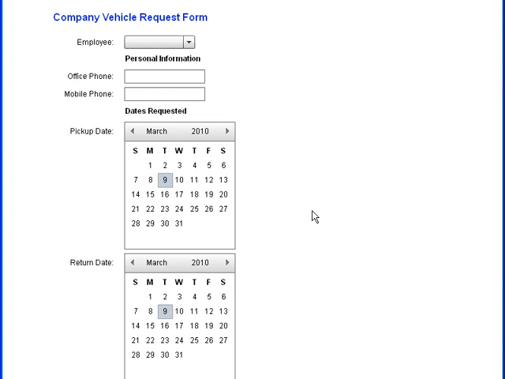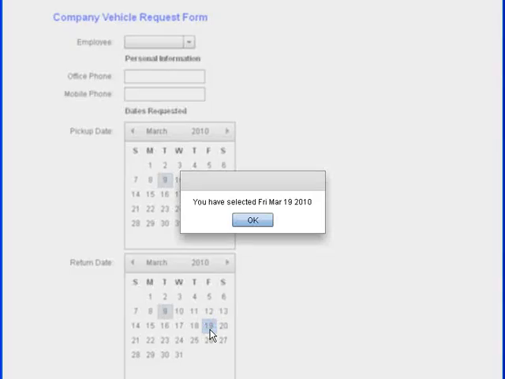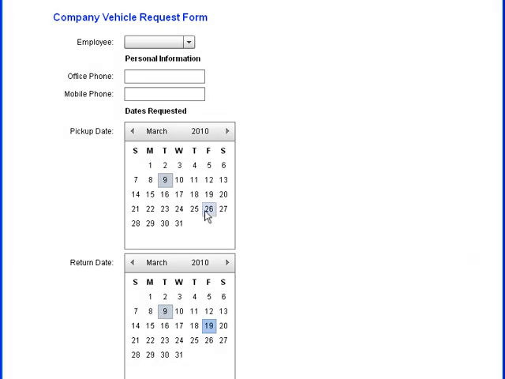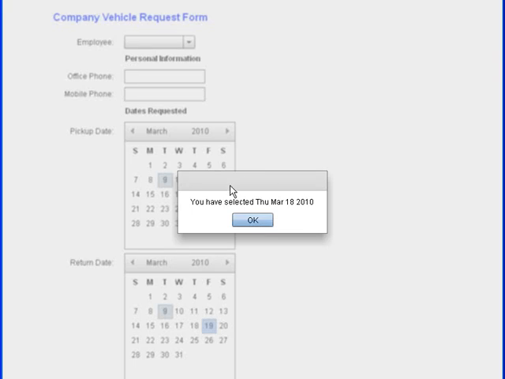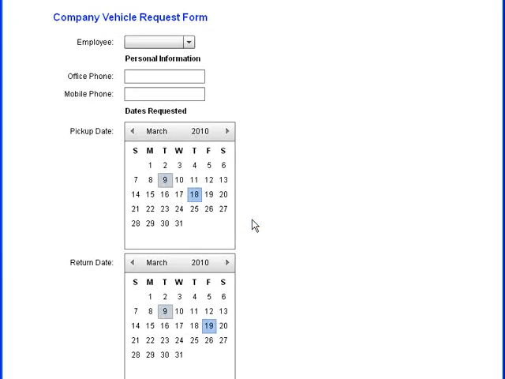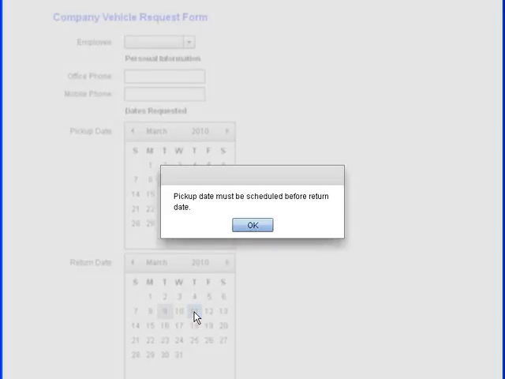In this video, I will show you how to extract the instance ID for the calendar that was clicked from the event object. This is the same application, but with the changes I will implement in this video. You can see that when I click the return date, the proper message appears about the date I selected. This still works for the start date as well. I will also use information in the event object to add some validation to the controls. For instance, if the user clicks an end date that occurs before the start date, then he will see this